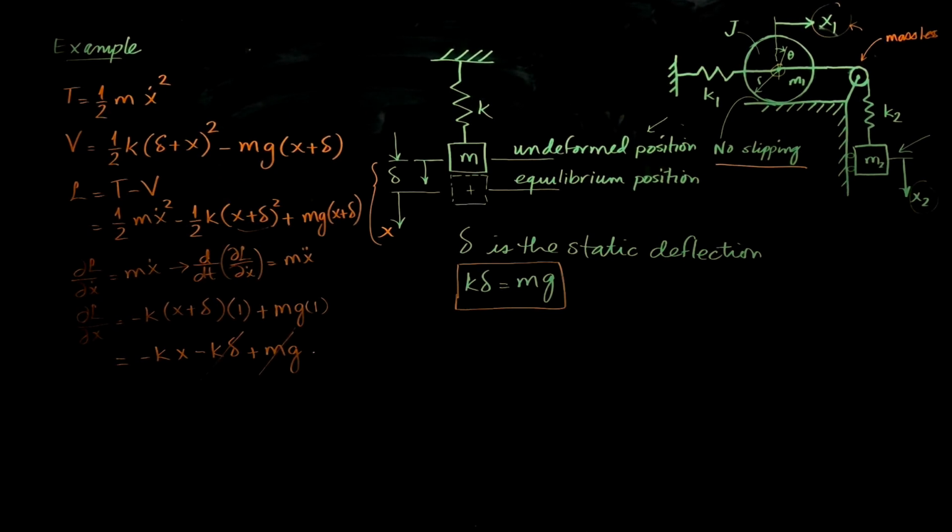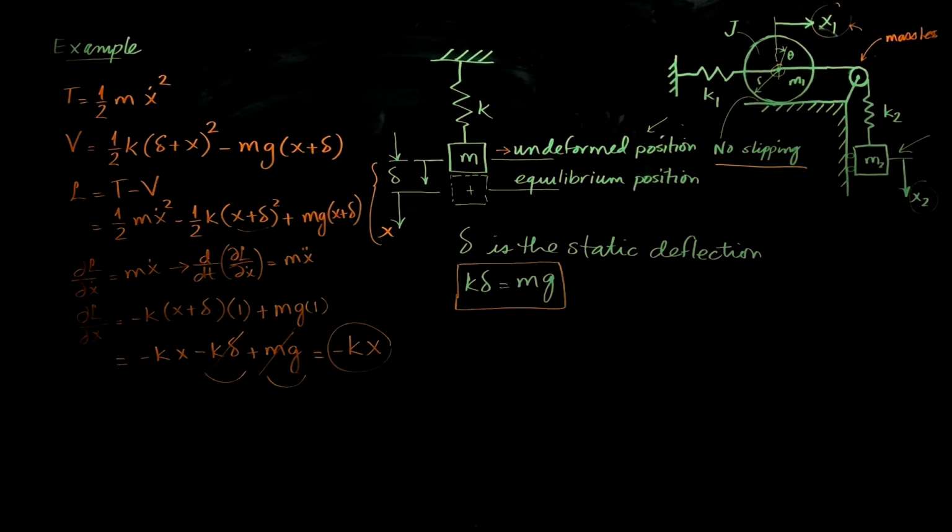I will end up with only negative k x. So even when I included the gravitational potential energy, when I started from the undeformed position, the gravitational force mg cancels the initial deflection or the static force in the spring,